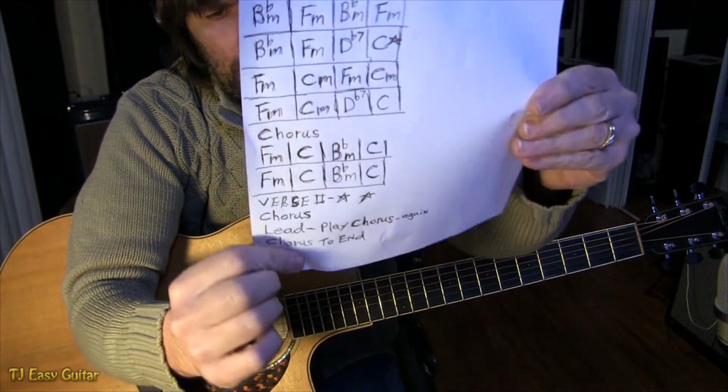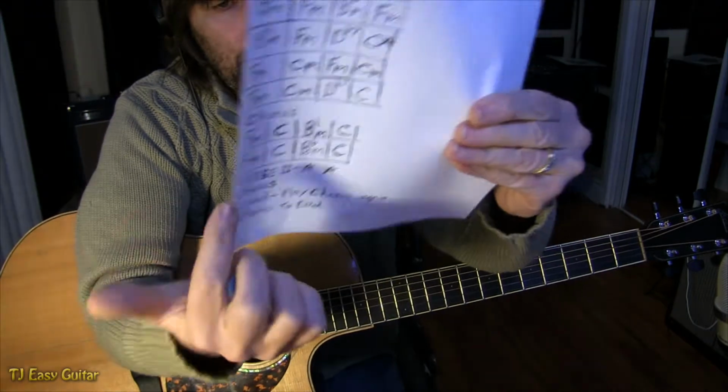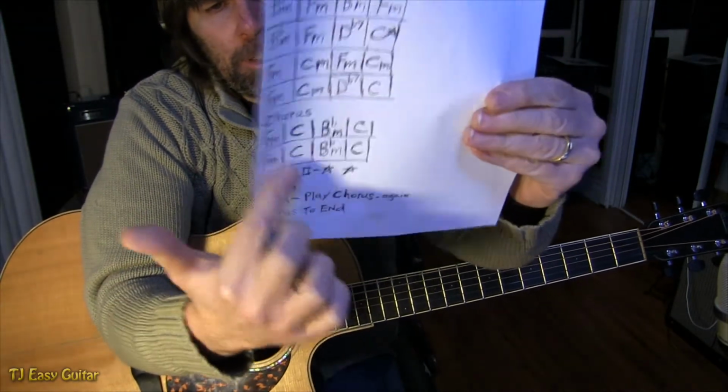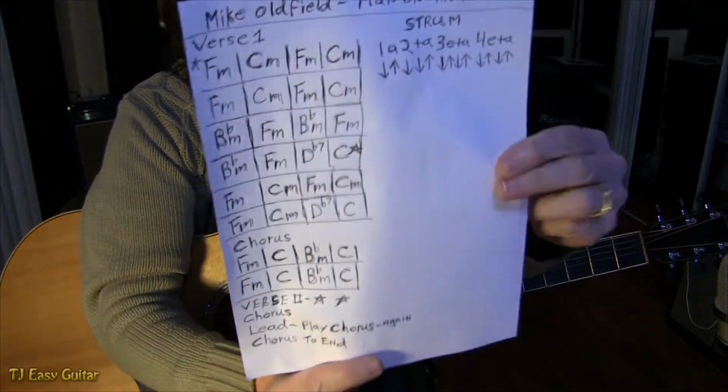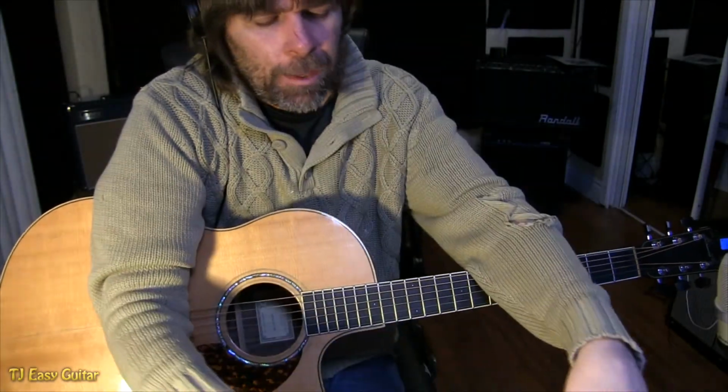Back to the chorus. Then it says lead, play chorus again. So you have to play the whole chorus again. And basically the chorus right to the end at that point. So that would be a chart. It will be on the video. And the strum is basically